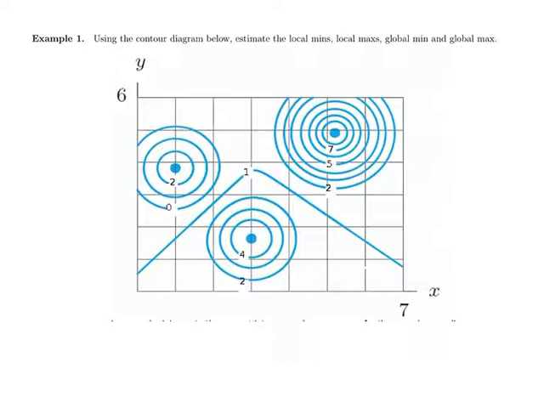So to look at the global max or any kind of max, we're going to try to find the largest contour that we can see. And the largest one that is labeled is this 7 here. But just because that's the largest one that is labeled does not mean that that is the largest contour itself. In fact, the largest contour is going to be the one kind of inside of that,